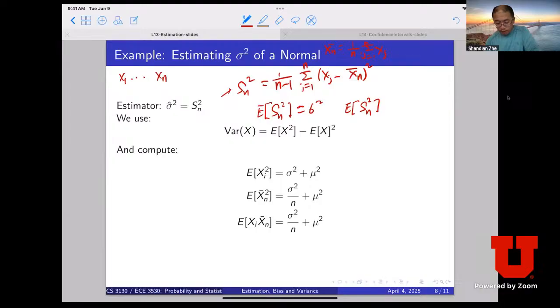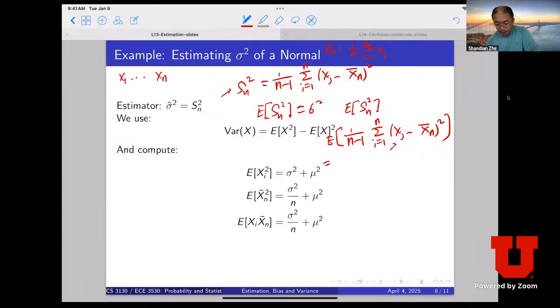So according to the definition, you're going to take expectation of this whole summation. And according to the linearity of the expectation, you can just move expectation inside the summand,